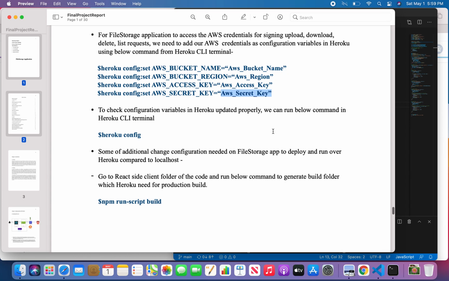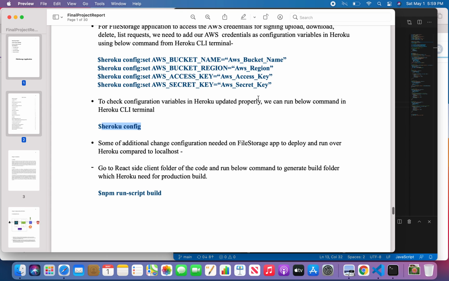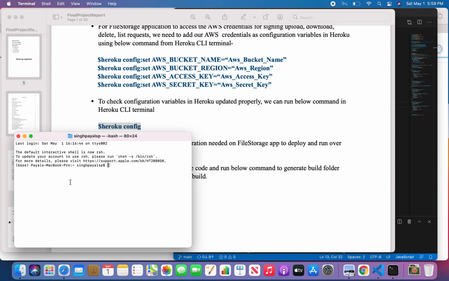After providing these, you run heroku config. Heroku config will help you check the variables you have written, whether they are right or wrong. You can check it using heroku config in the terminal itself.